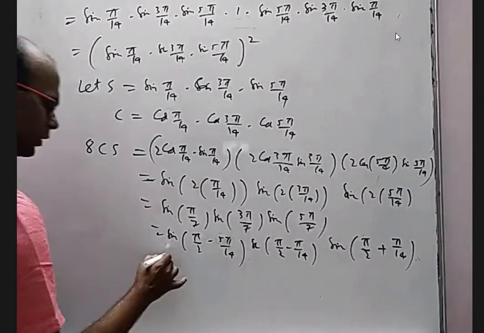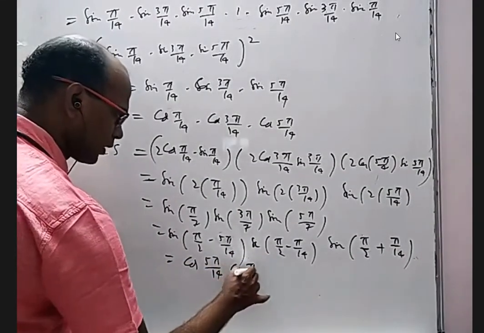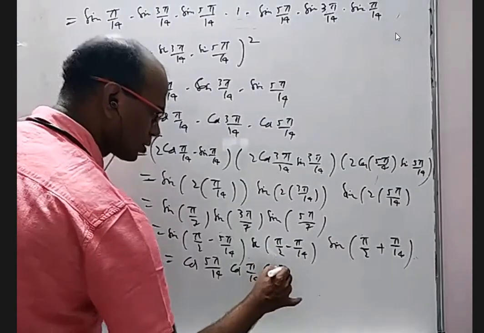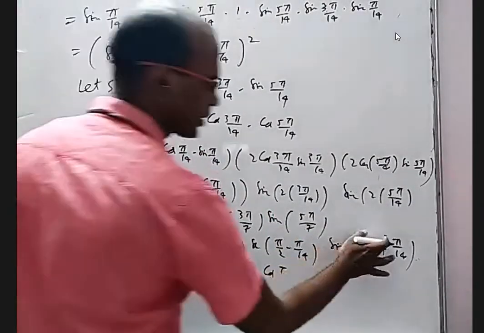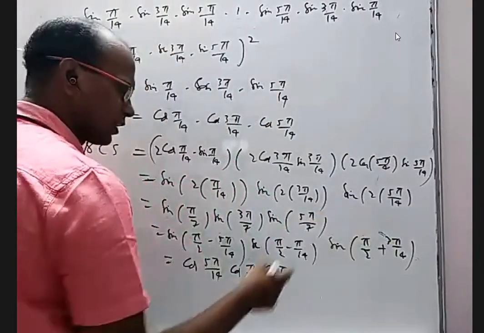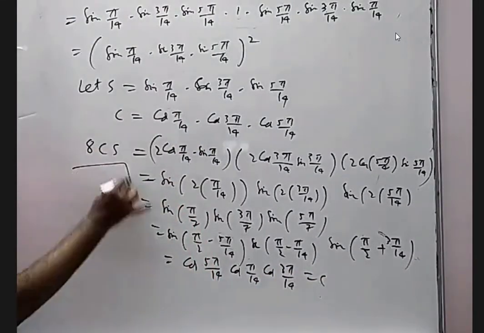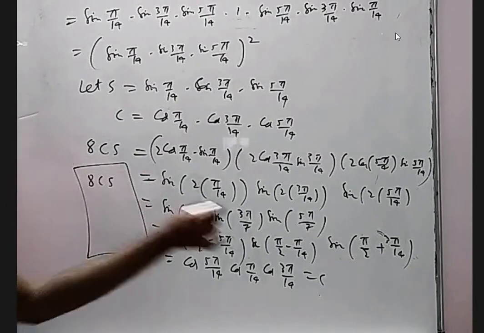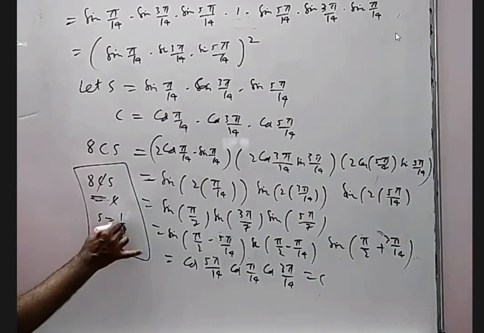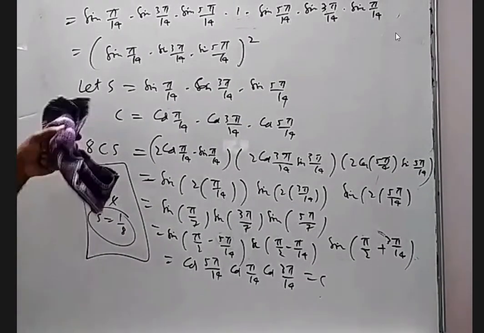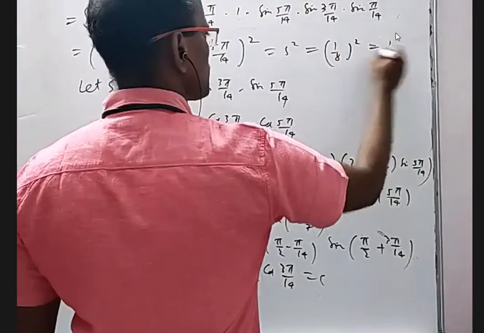So now this will become cos 5 pi by 14. This will become cos pi by 14. That will become cos, no, this cannot be pi by 14. 3 pi, yeah, 3 pi, 10 pi, so fine. So this is cos, sin 90 minus theta is cos 3 pi by 14. This is actually C. So if you see carefully what happened, 8 into C into S, you got C. So if you cancel C, you got S is equal to 1 by 8. If S is equal to 1 by 8, our question is S square, which is 1 by 8 whole square, is 1 by 64.